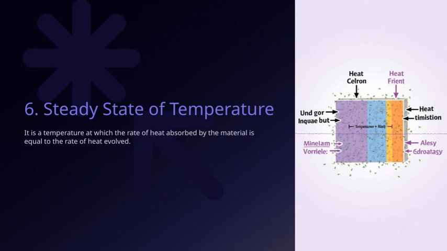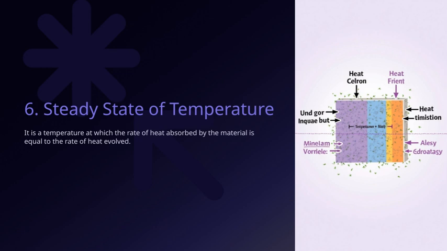Today, we're looking at what we call the steady state of temperature. Essentially, this is the point where the heat coming into the material equals the heat leaving it. In other words, the rate at which heat is absorbed by the material matches the rate at which heat is evolved or lost. This balance is crucial because it indicates that the temperature remains constant over time, even though heat